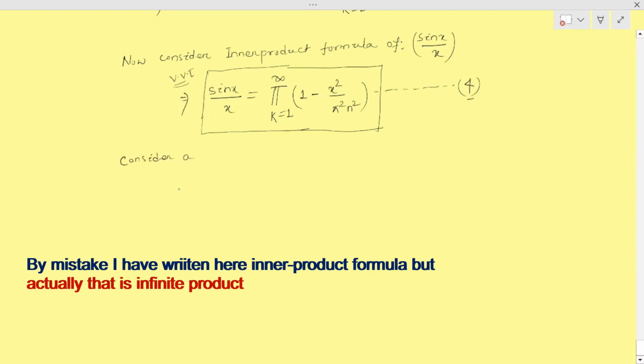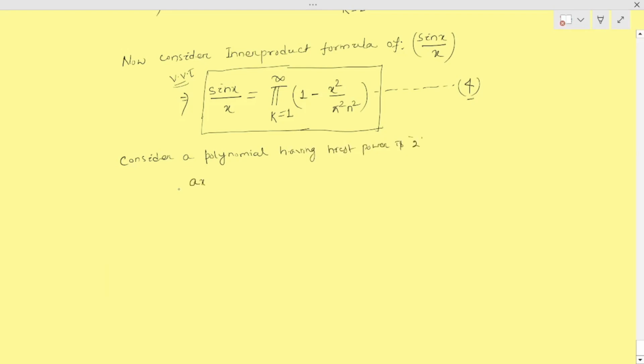a simple polynomial having highest power 2, suppose. That means if we consider in general a polynomial ax square plus bx plus c equal to 0, having highest power, sorry, highest power 2, then this polynomial can be written as,